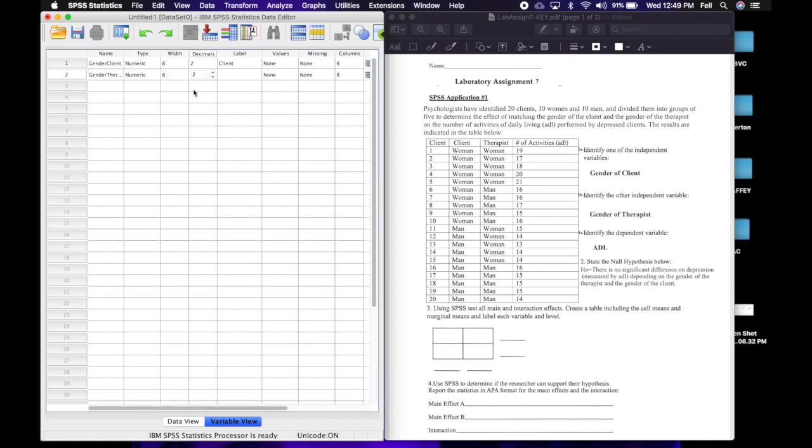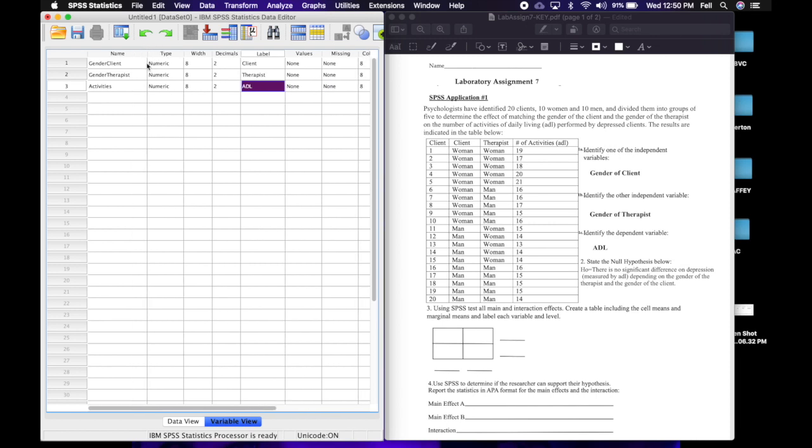And then I'm going to label it just therapist. Okay, so I have my two IVs in there, and now I'm going to put my DV, which is number of activities of daily living. So I'm just going to put activities, and then my label is going to be ADL. All right, so I have all of those entered in, and I'm just going to leave the decimals as they are,